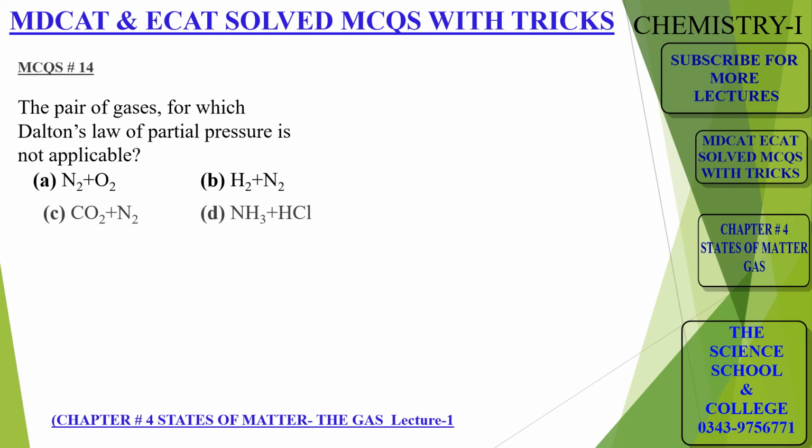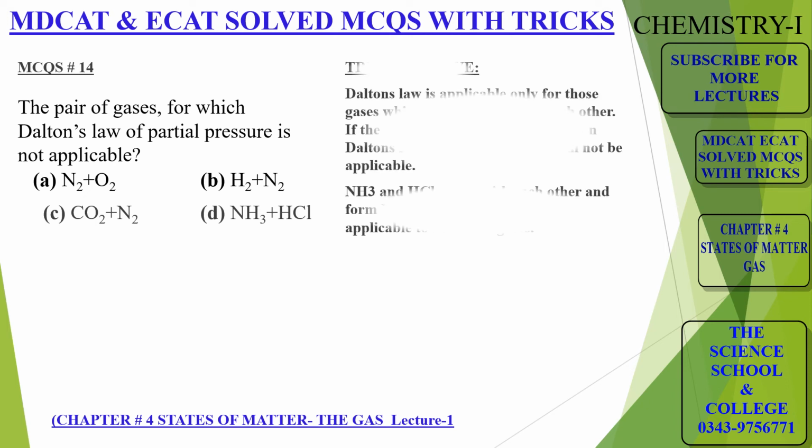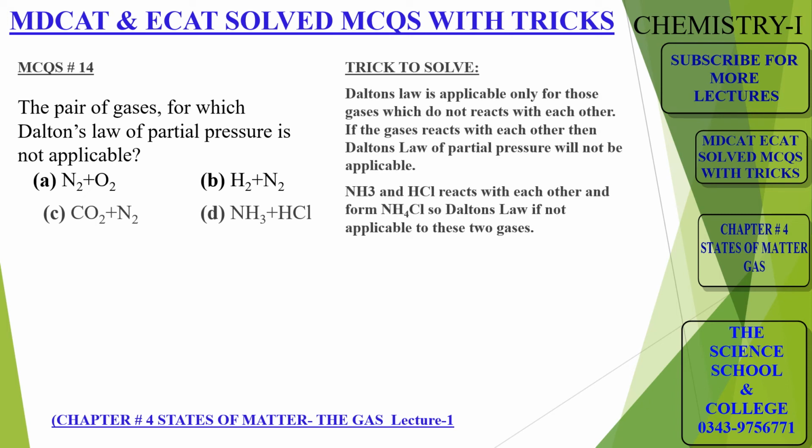MCQ number 14: the pair of gases for which Dalton's law of partial pressure is not applicable. Option A is nitrogen and oxygen gas. Option B is hydrogen and nitrogen gas. Option C is carbon dioxide and nitrogen gas. Option D is NH3 and HCl gas. To solve this MCQ, you should know that Dalton's law is applicable only for those gases